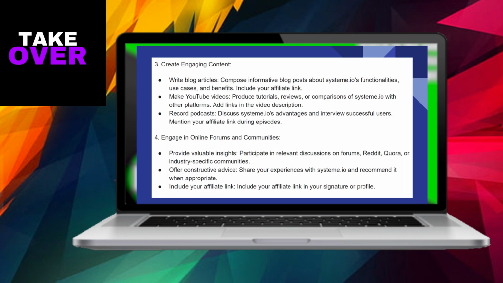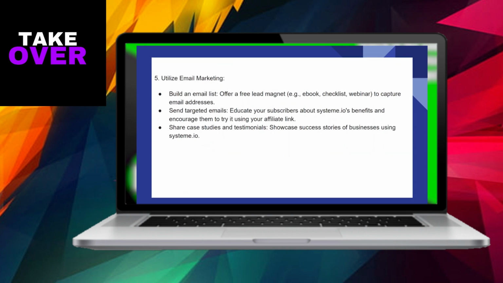Participate in relevant discussions on forums like Reddit, Quora, or industry-specific communities, sharing your experiences with System.io and recommending it when appropriate. Another strategy is to offer free lead magnets, such as ebooks, checklists, or webinars, to capture email addresses of potential users. Educate your subscribers about the benefits of System.io and encourage them to try it using your affiliate